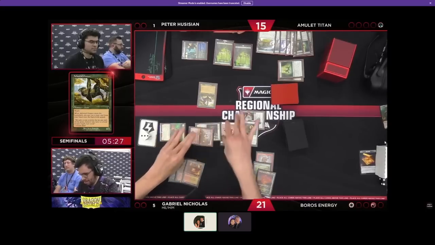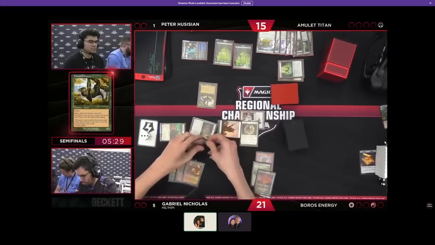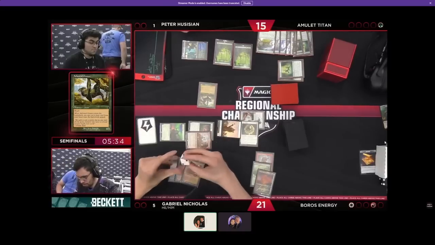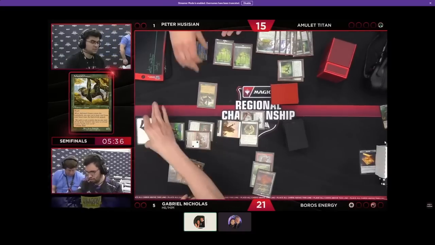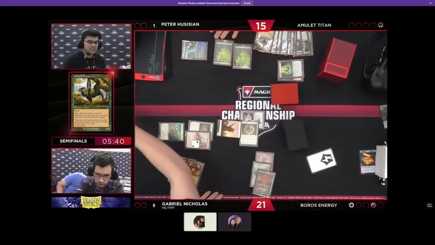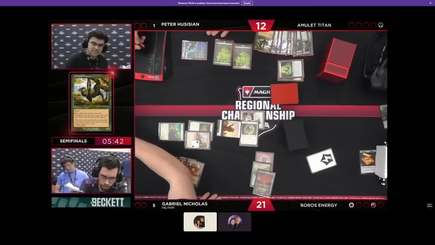I think my hand's a prime time in an unknown, but currently no draws get me to Titan because it's not a Grazer. I might not have lands in hand, but